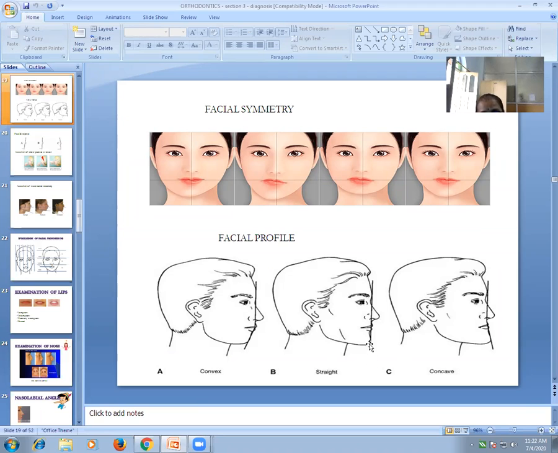Straight is normal. When the line from forehead to chin is straight, that is a normal profile, a pleasant profile. You will not think of changing the profile. When the patient has a straight profile, the patient may have proclination of the teeth. So in these cases, you will not think of extracting teeth. Why? Because